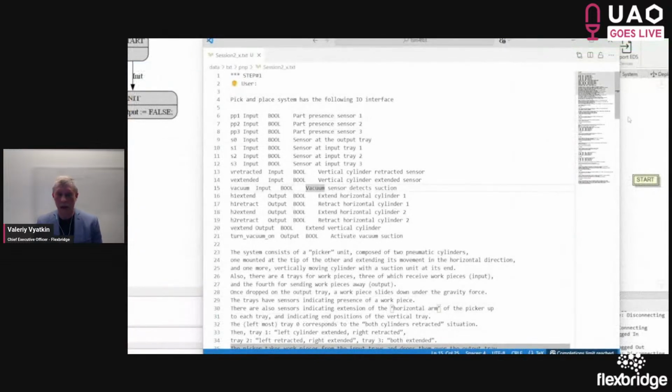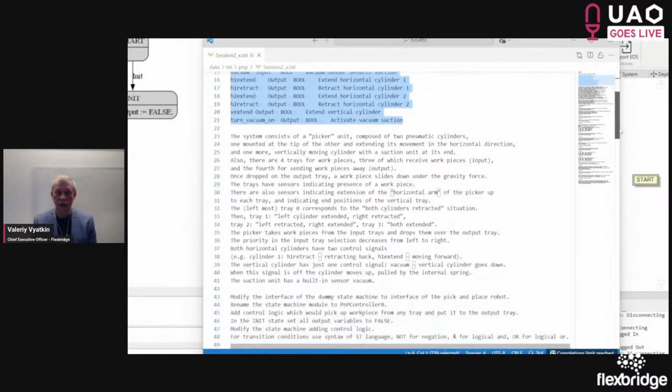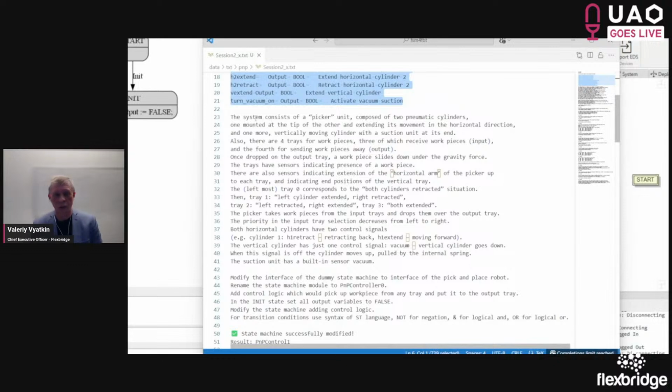So we start again with requirements written in natural language. And first we give the assistant the list of inputs and outputs. And I intentionally omitted one input just to see whether it would be able to create control without that.